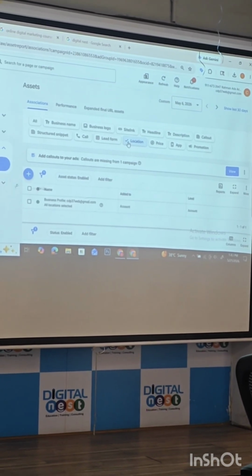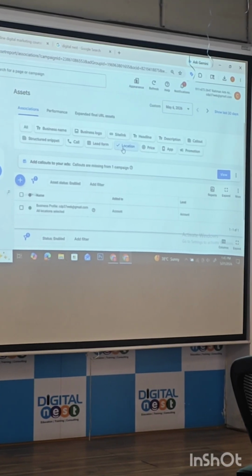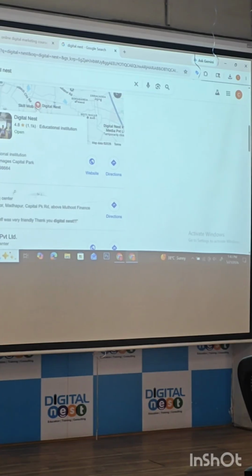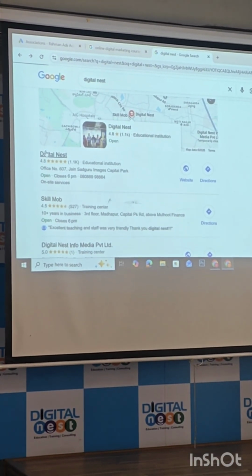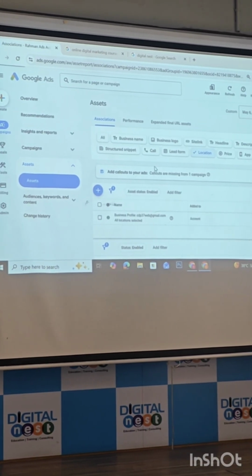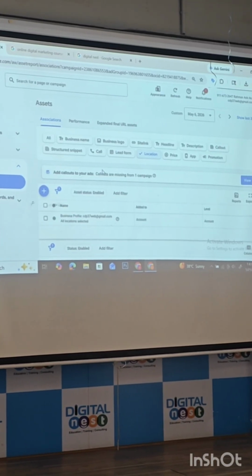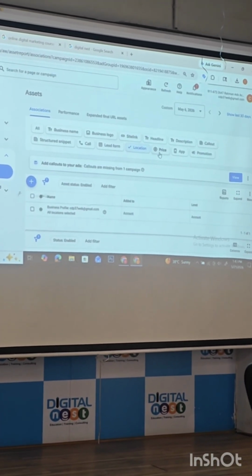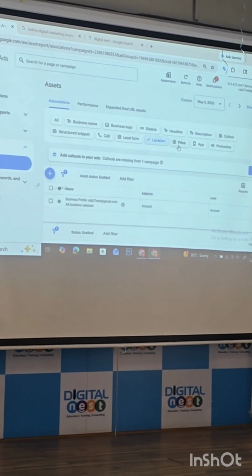Forget all the other things. Remember only one thing: in order to use location extension, you need a Google My Business profile, which should be connected to your Google Ads account, and it should be visible here in the local areas. That's it. Clear? Can we do it now? Sir, no problem, why? We don't have. Do we have a profile? No, we don't have one. Okay. Sir, I have a GMB profile, sir. So he can do it. He can connect his Google Ads account to his Google My Business profile. Then you can do the